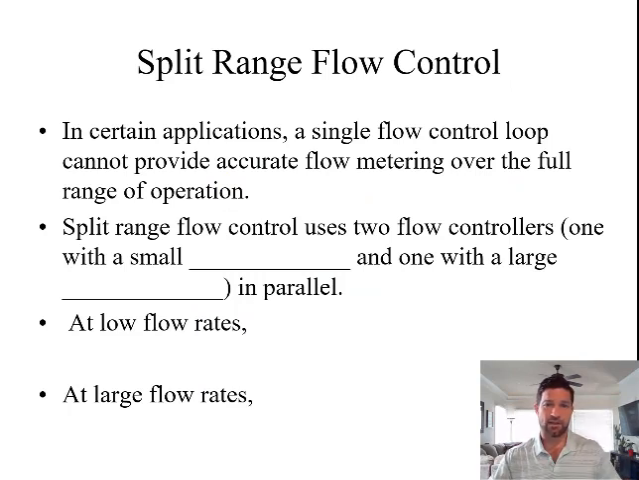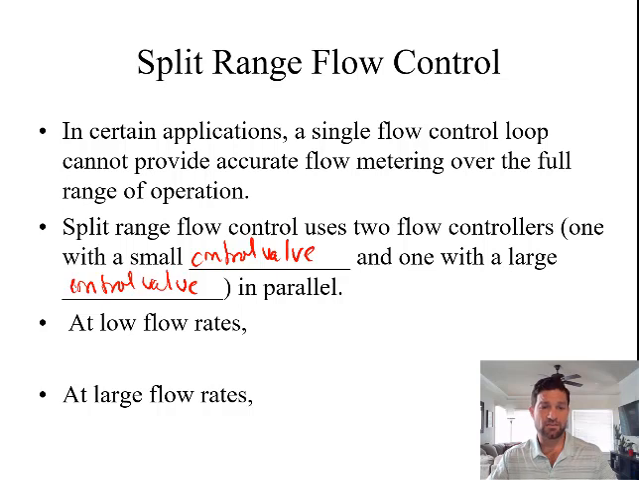Okay, so the final thing we want to talk about for this video is what's called split flow control. And so in the first example we'll talk about is split range flow control. So what this is that in certain applications, a single flow control loop cannot provide accurate flow metering over the full range of operation that's required for the specific process. Okay, so in this case, we can use what's called split range flow control. This is going to use two flow controllers. One's going to have a small control valve, and one's going to have a large control valve